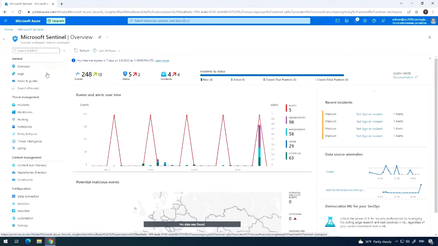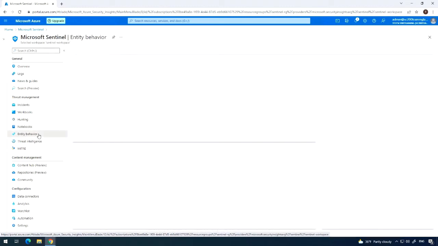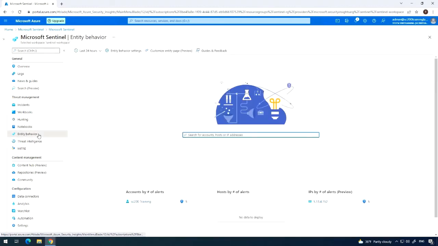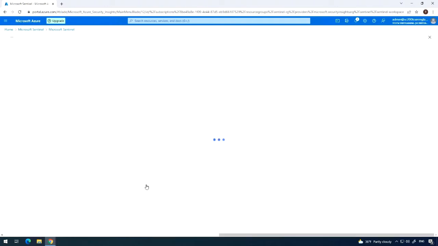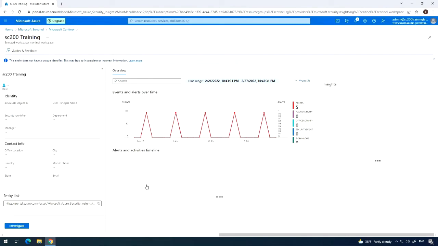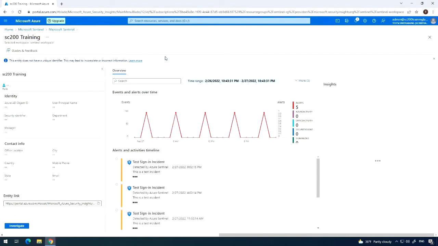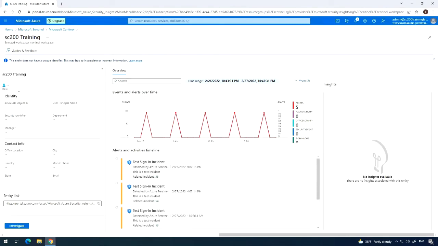So over here in Microsoft Sentinel, if we go to the entity behavioral blade over here, as you can see here, you can search for entities or you can directly select entities from the list. Now, again, you can use accounts, hosts, or IPs. So let's select this account, for example, the one I'm using, and as you can see, you are immediately presented with